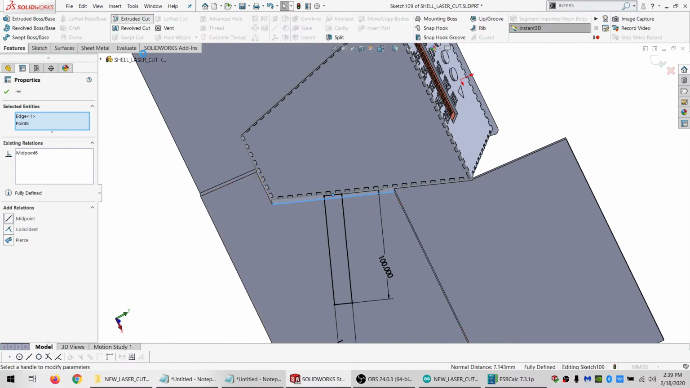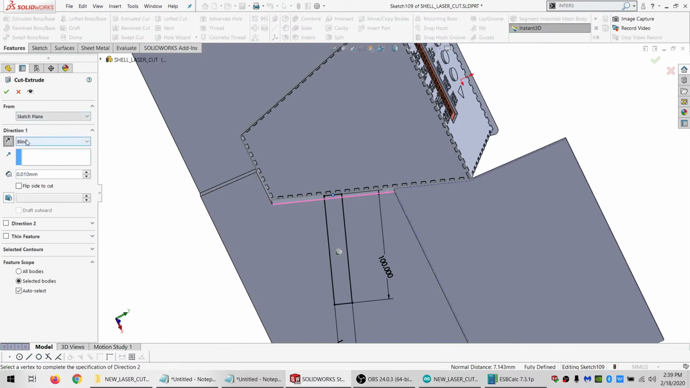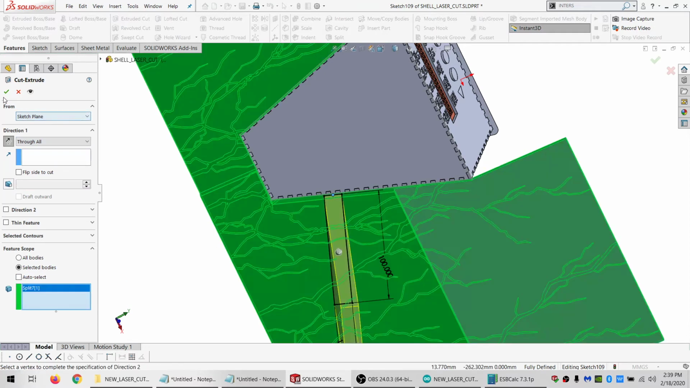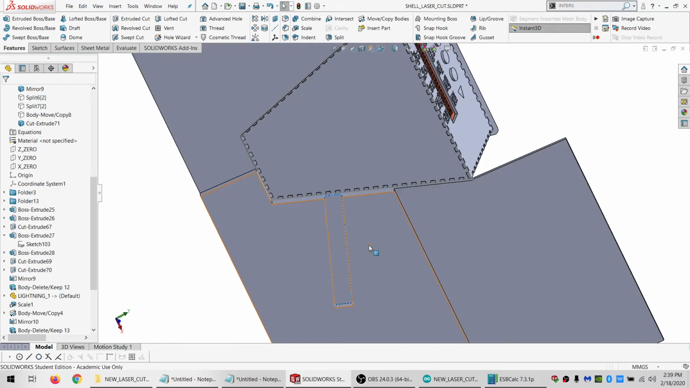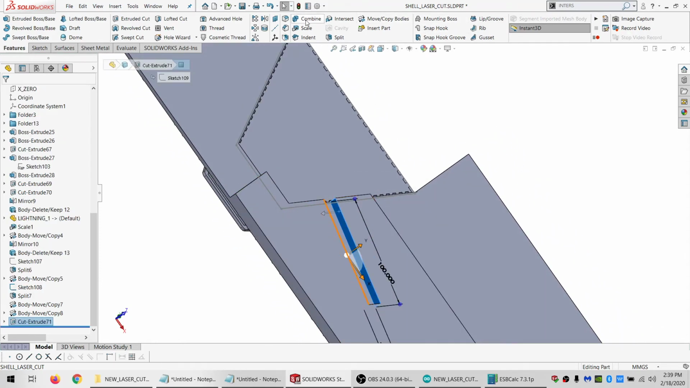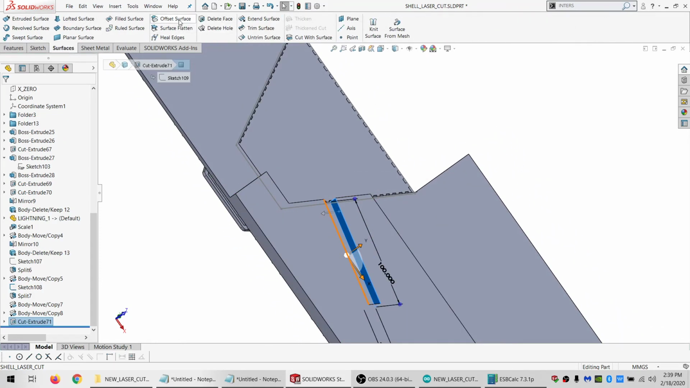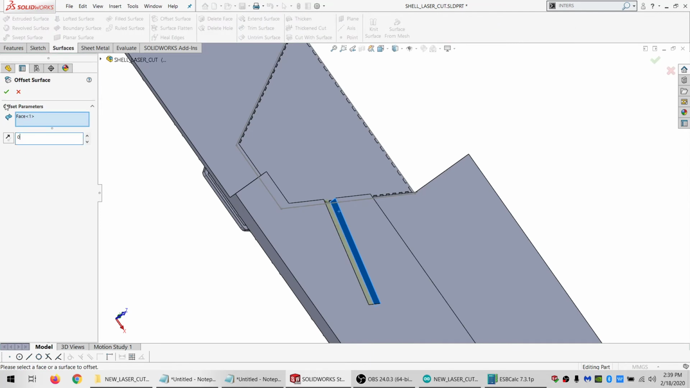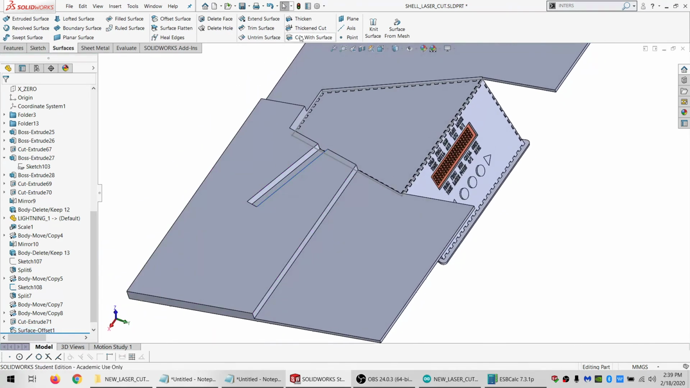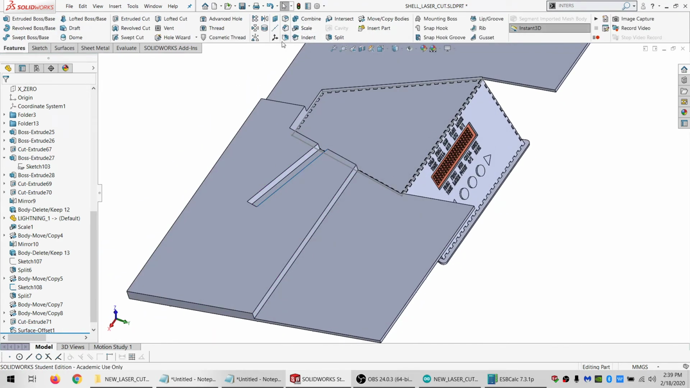And I will do an extruded cut going backwards through all and only applying to this one body. And that way I can take this face and go to surfaces and say offset by 0. And that way I can use that to help guide this as it kind of rolls over the side. So